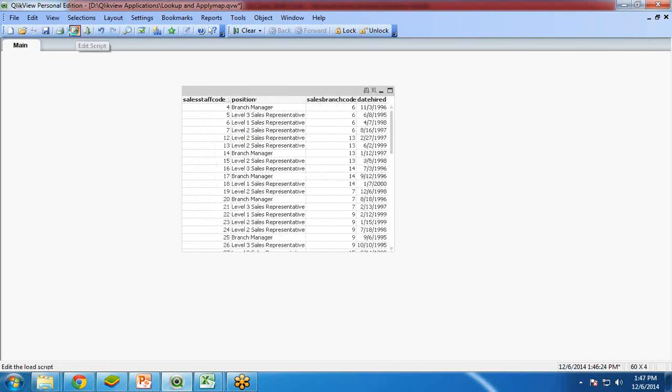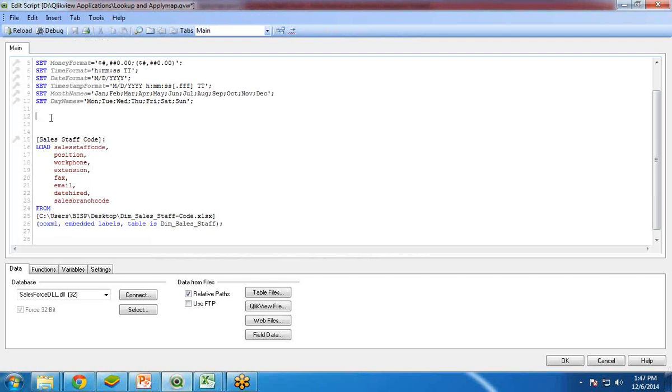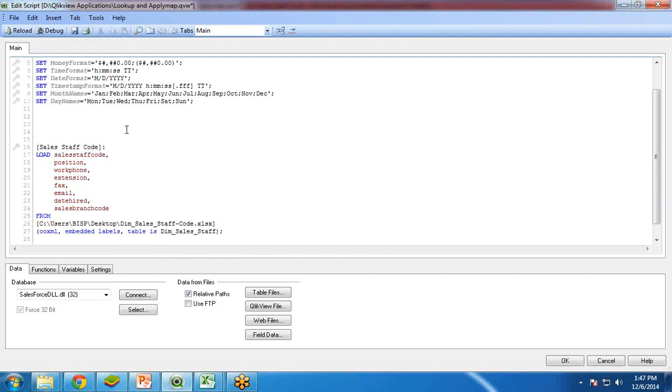For this I again go to edit script and place my cursor before this sales staff code table. It's a requirement of the lookup function that if you want to use lookup, you need to import that table or file before the file in which we want to import the respective columns.